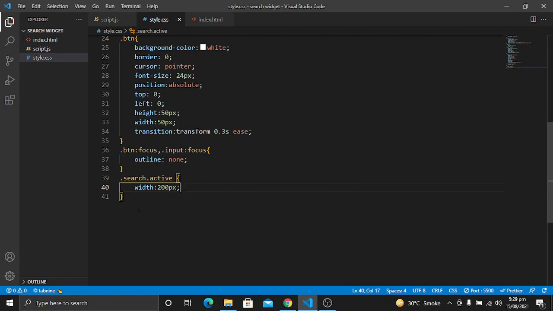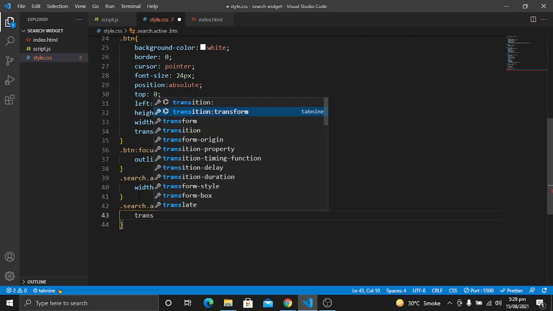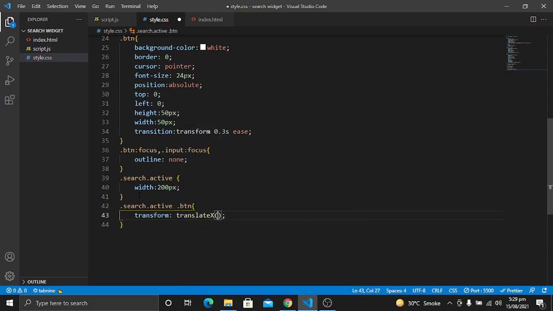So let's save it, and we also want to change the styling of the button when we have a class of active for this div. What I want to do is give it a property of transform and translateX to, oops, 198 pixel.